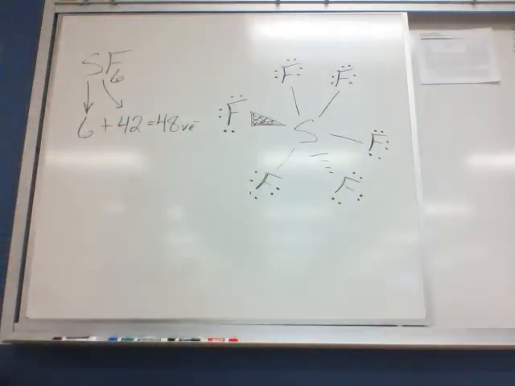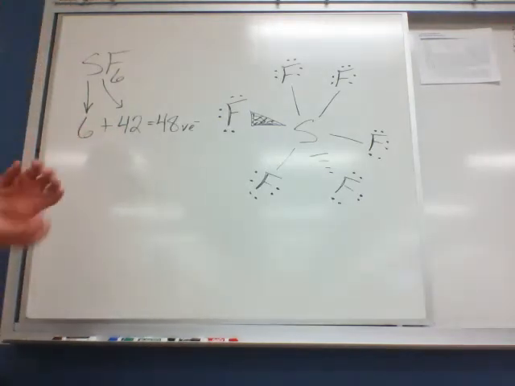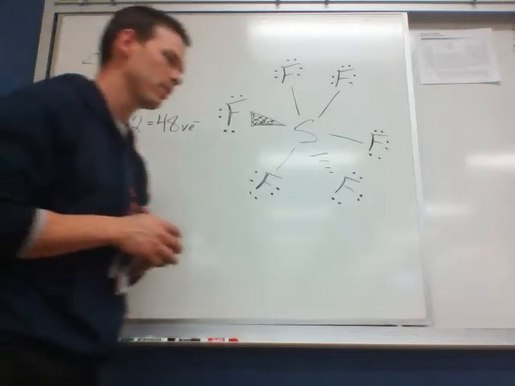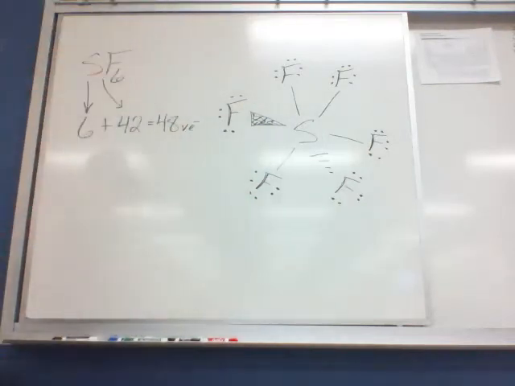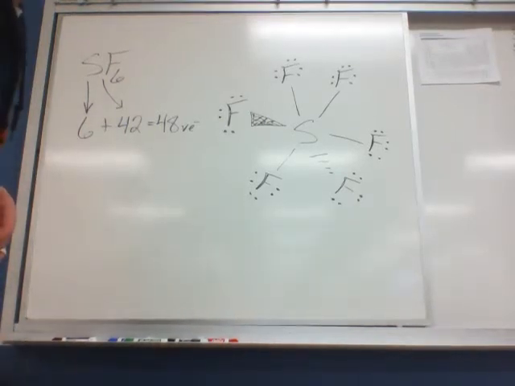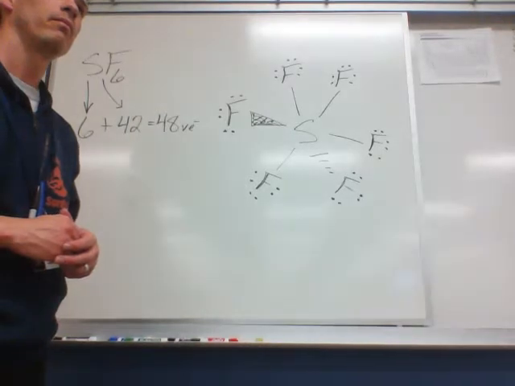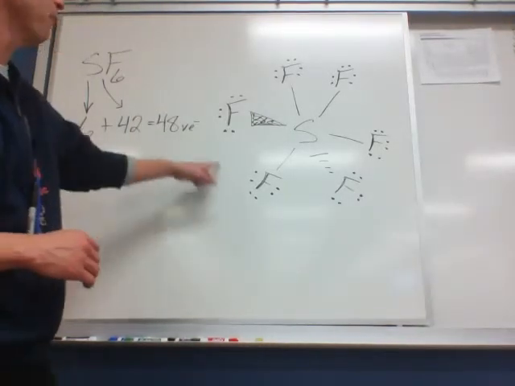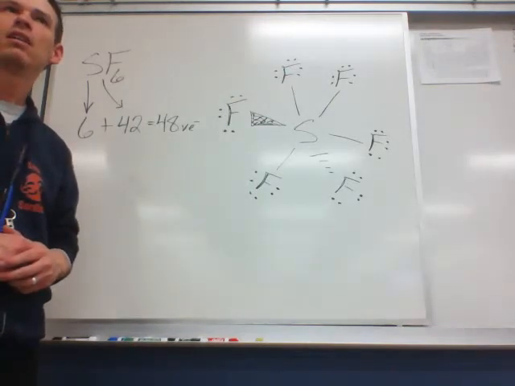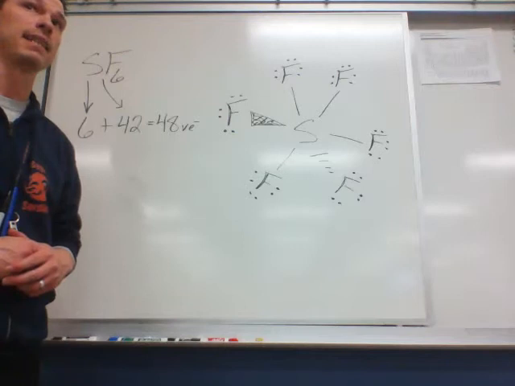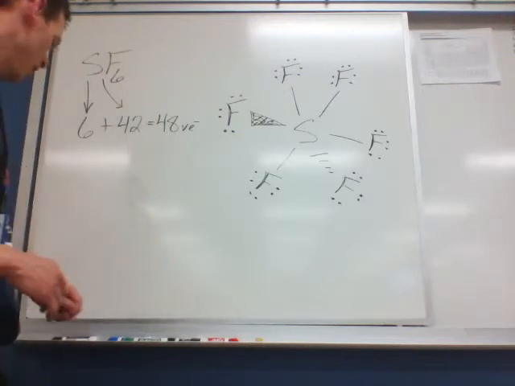Then, of course, I'm interested in how many total electrons I've drawn. And I know who knows how many I've drawn. It's person 5. Man, Aspen really owns this class, doesn't he? Aspen, can you tell me how many total electrons you see that I've drawn in my picture? 48. Perfect. If you count them all, we hit the number. We don't even have to fix anything. Any questions before I continue analyzing him? All right, well,